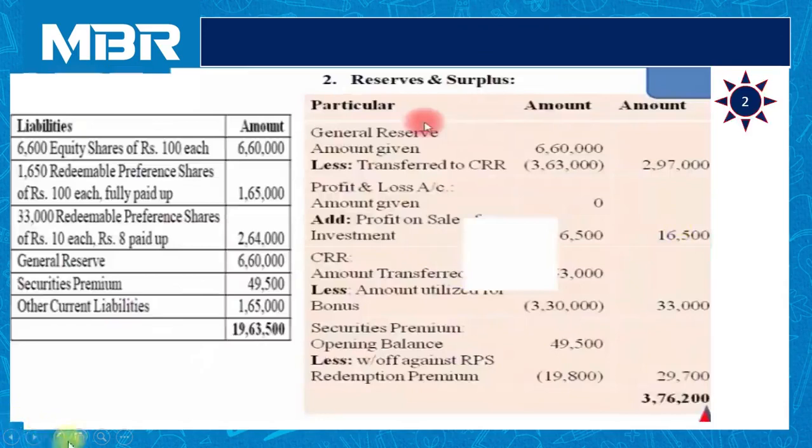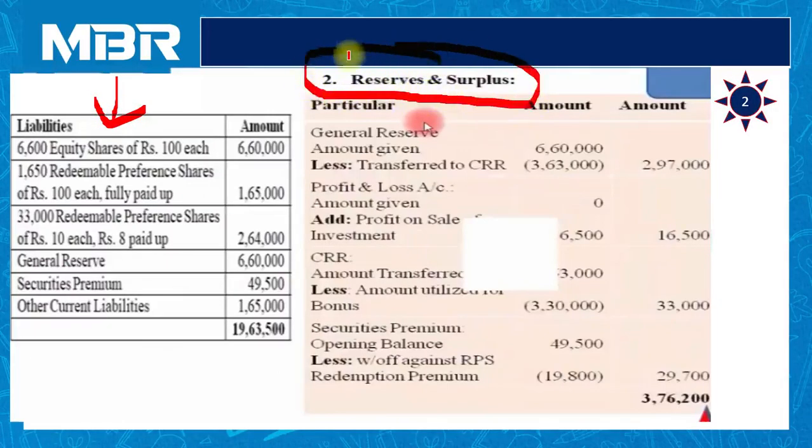Let us visit note number 2. On the left hand side of your screen, I have given the balance sheet given by the examiner to us in our question, and on the right hand side, calculation of reserves and surplus is presented. We have to present these kind of calculation in final examination, so it is very easy for us to score full marks in the examination. Let us refer all the items one by one.